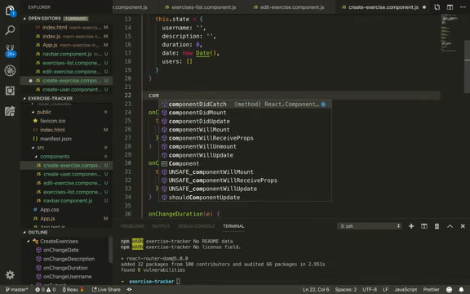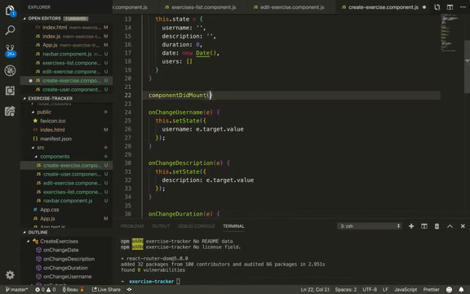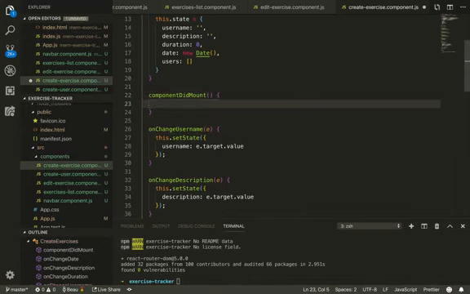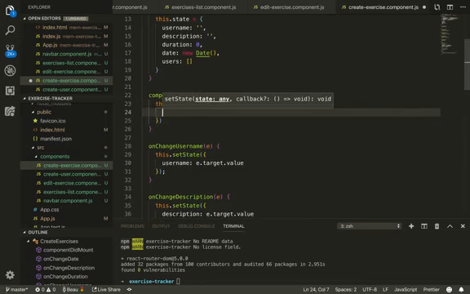This is going to be componentDidMount. Now this is a React lifecycle method. So there's a few lifecycle methods in React that React will automatically call at different points. So componentDidMount will automatically be called right before anything displays on the page. So when this create exercise component is about to load to the page, right before anything loads, it's going to run this code. So what we're going to do here is do this.setState, and we are going to set the state of our users array. So users